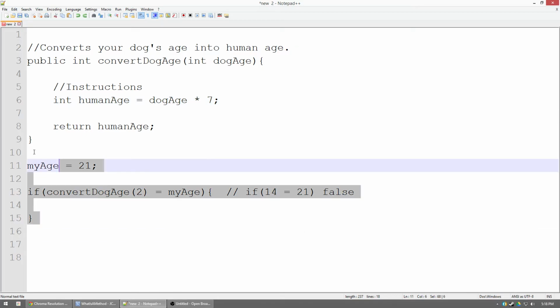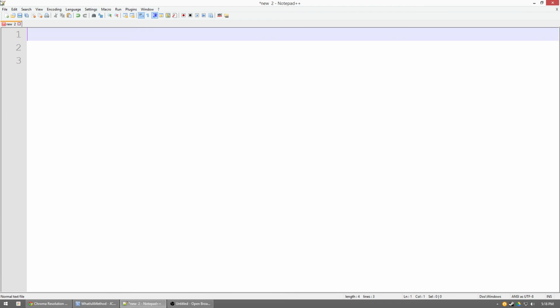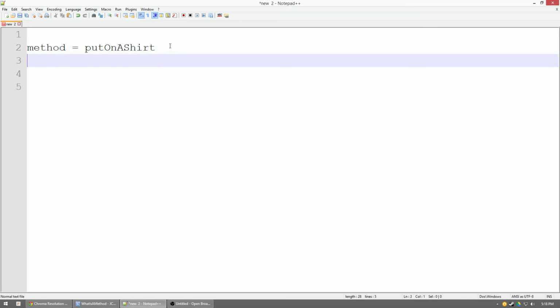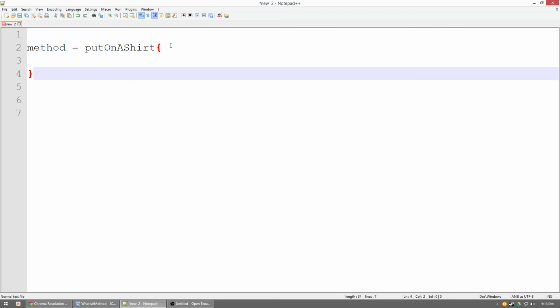For a less complicated example, let's say we just made a method called put on a shirt. This is going to be the dumbed down version, okay? So we'll put on a shirt. That's our method. There we go, we got a method. Usually when I put on a shirt, this is our shirt method. It's going to have things in here. The first one's like,